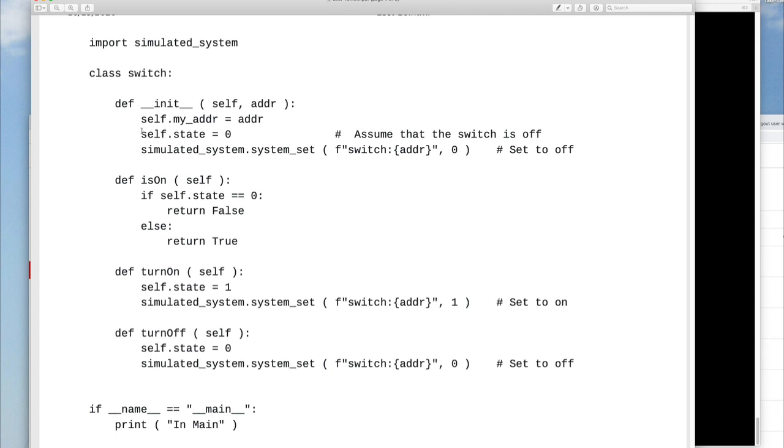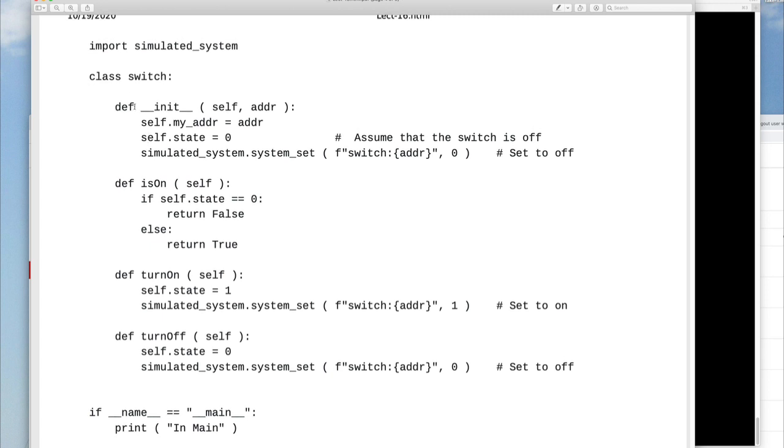So we have a switch, okay? Remember, in objects, you have some sort of initialization that sets it up to start off with. It has a method isOn that says, well, is this switch turned on right now? There's a turn on and a turn off. And then there's this funny piece of code that looks like this that you just have to learn for Python that says, by golly, in this thing with class switch,